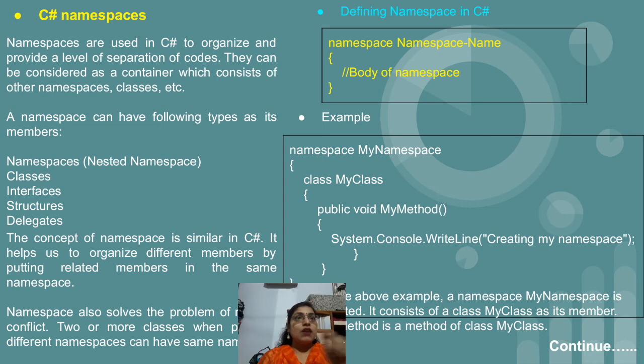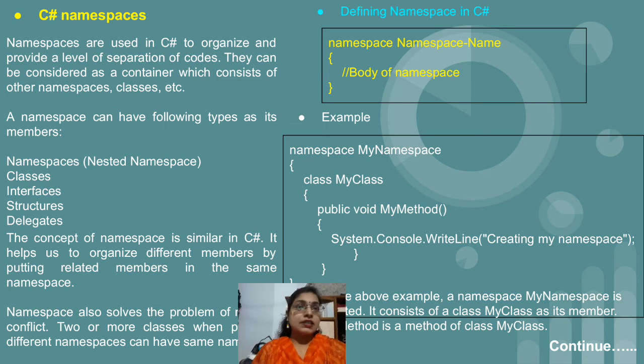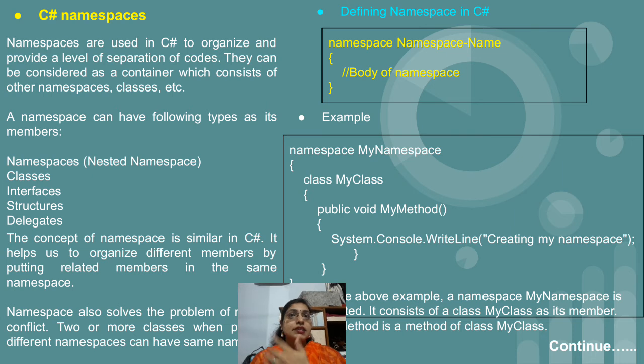Okay, so now I will show how we can create a namespace. Basically, to create a namespace we have to make use of the namespace keyword. After that, write down the name of the namespace. After that, just open the curly brackets and write down the definitions you want. So the body of a namespace can contain other namespaces, classes, interfaces, structures, delegates. So just see the example.